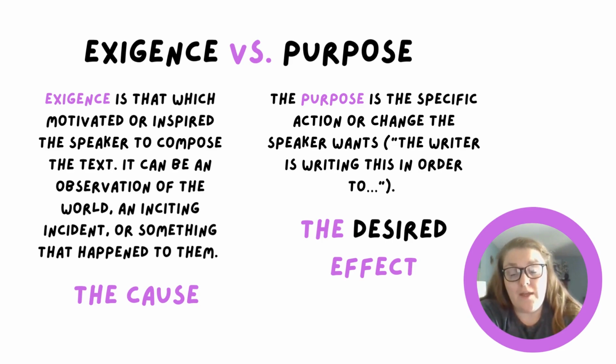However, if that journalist is a member of the community, they might lean towards telling the stories of those most impacted. In this way, the different components of the rhetorical situation can refine and shape the purpose. However, the exigence doesn't change. The tornado is what made the story worth telling.